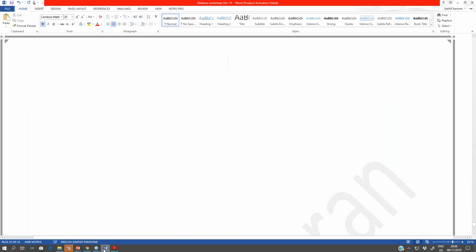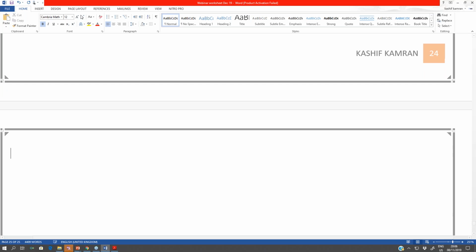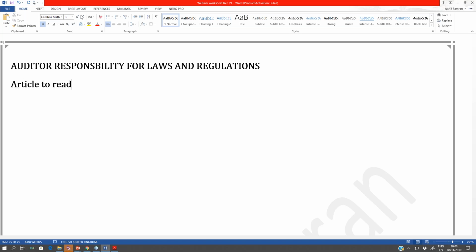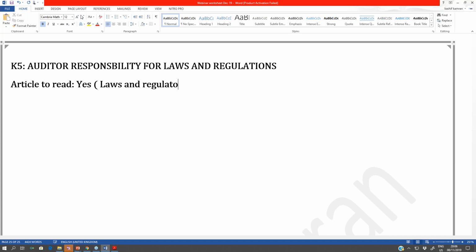Right, so let's wind up this discussion now. This was about the auditor responsibility for laws and regulations. And for this, there is an article to read. This becomes the knowledge area 5K5. The article to read is laws and regulations. And when you read this article,